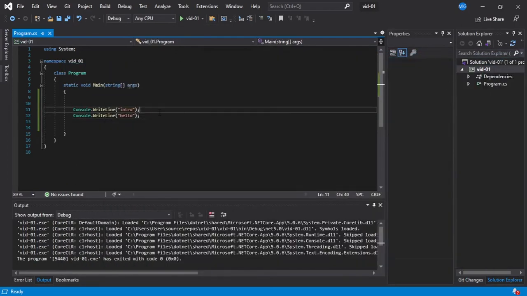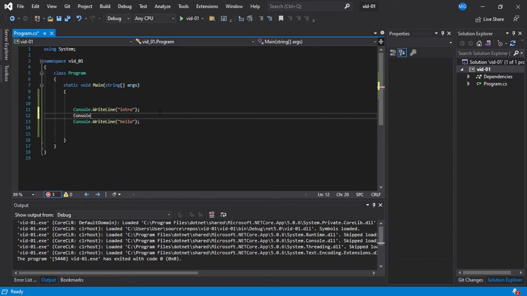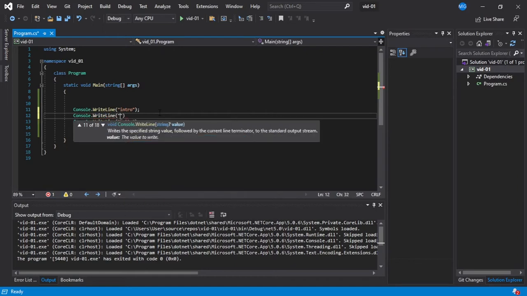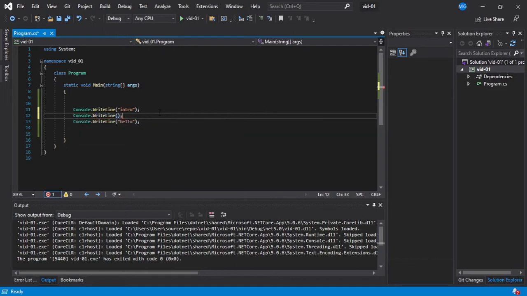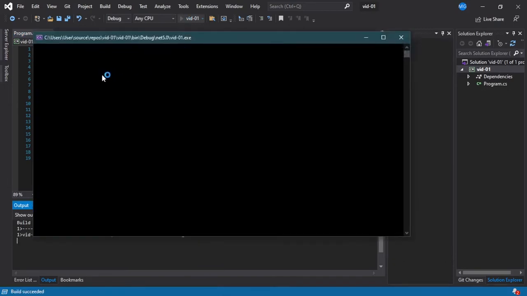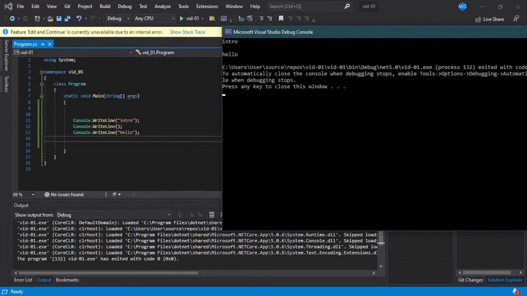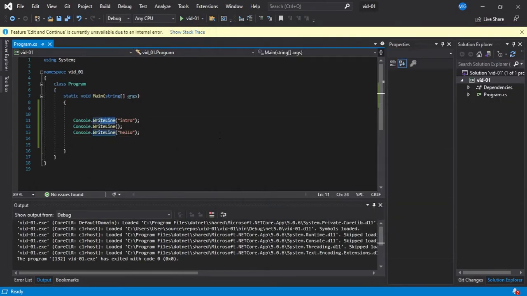Now let's say we don't write anything inside console.WriteLine. There'll be a space between the lines because, as it says, it writes a line.